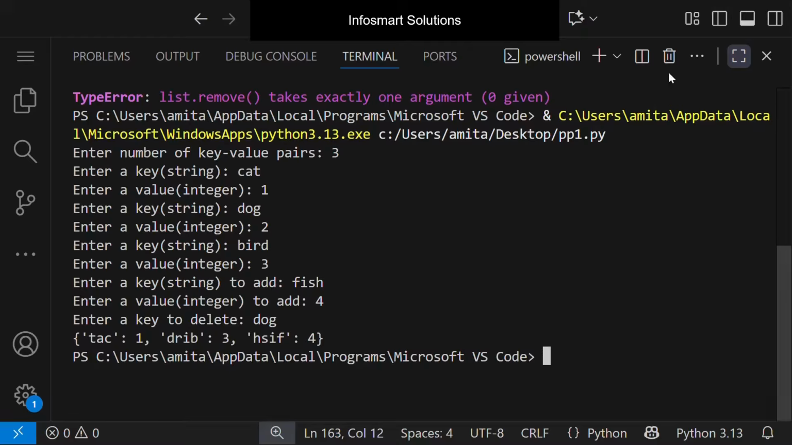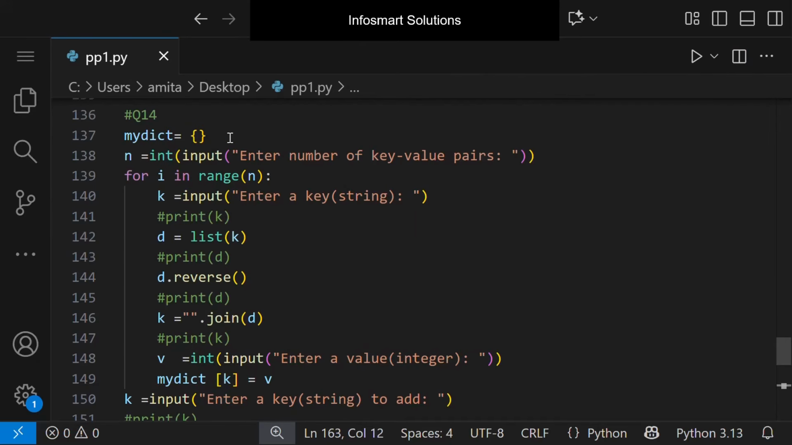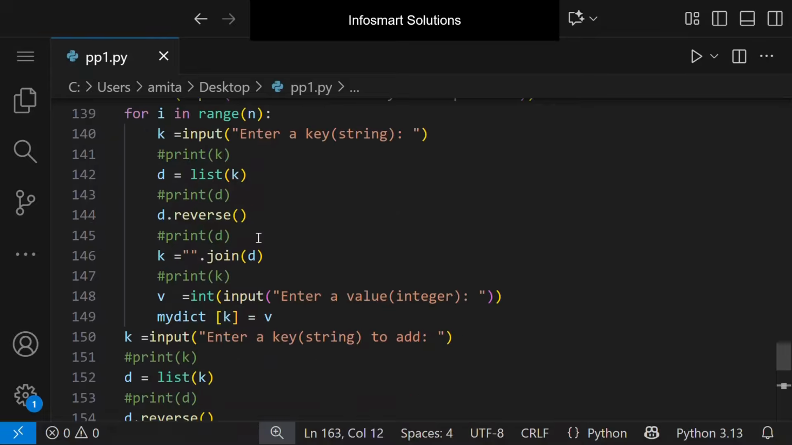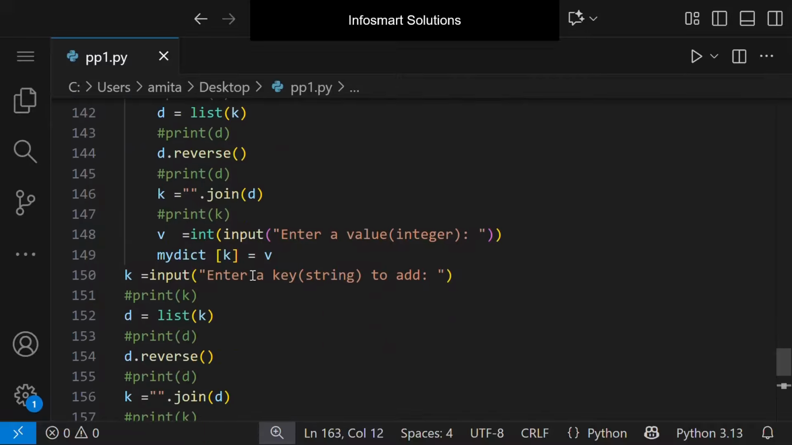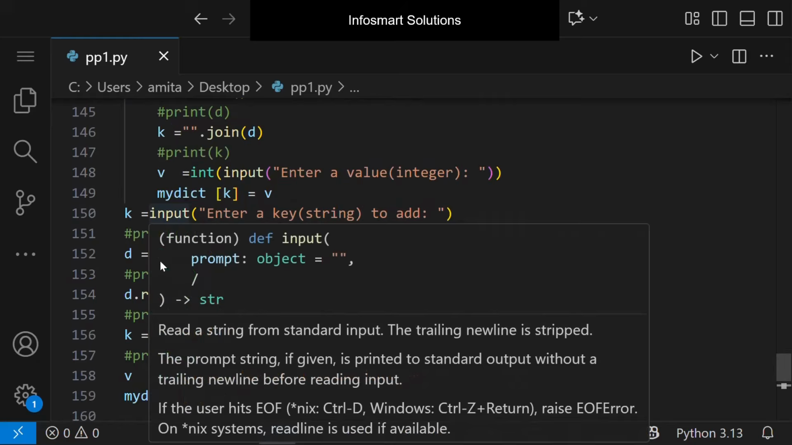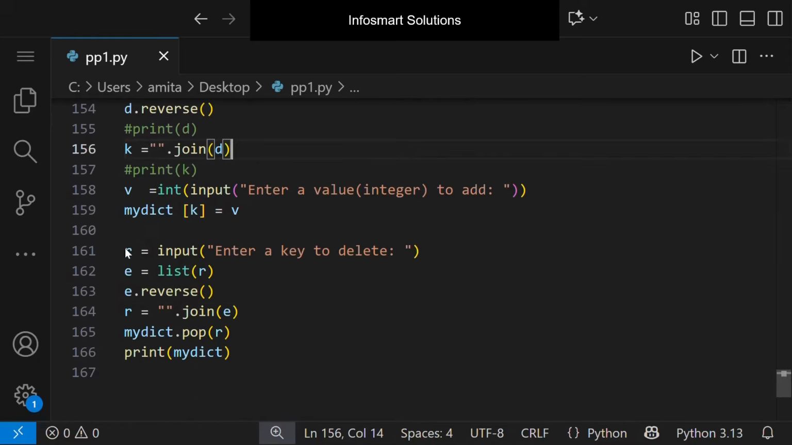So now our program is working correctly, and what we have done here is we created an empty dictionary, then we take an input of the number of key value pairs that the user wants in the dictionary. We use the for loop that many times, and then we have taken input of the key and the value, and we reverse the key here itself and add it to the dictionary. Then we added one more key value pair as per the question. Then we took input of one more key whose key value pair is to be deleted,